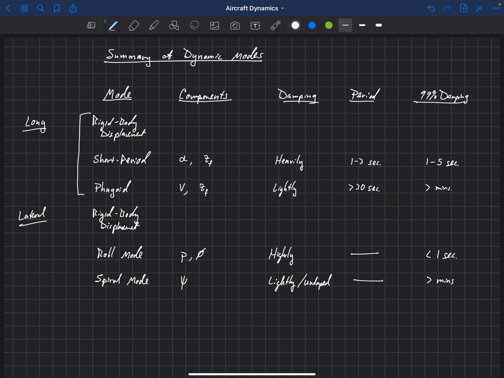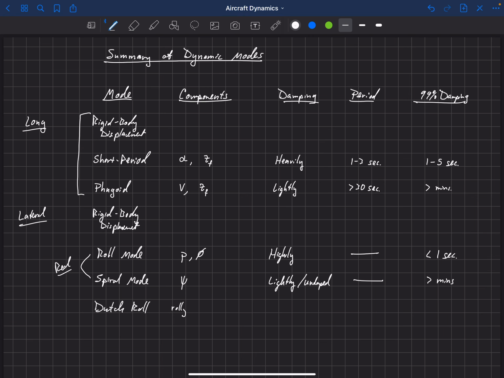Okay, so both of these are real. We get real numbers out here, where the others have been imaginary. At least these two here are imaginary, and then the other two that we get out of the lateral side are a complex pair. They're also imaginary, and those are for the Dutch roll mode. Okay, so these are complex numbers that come out, and the Dutch roll mode is a combination of